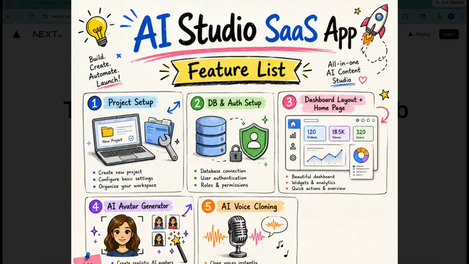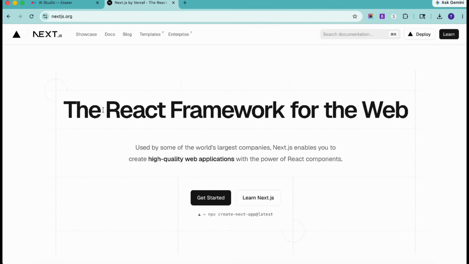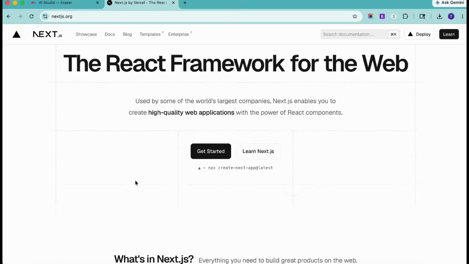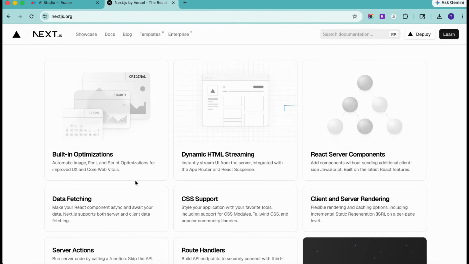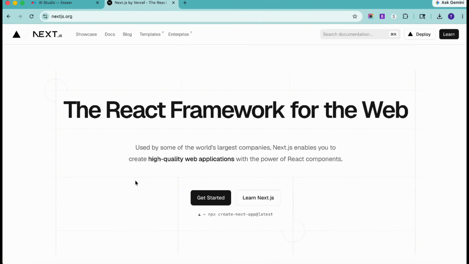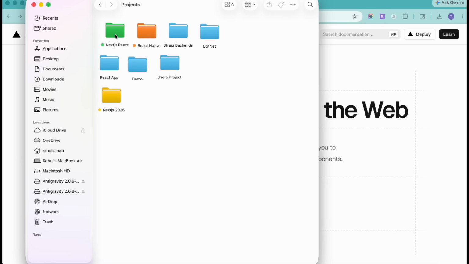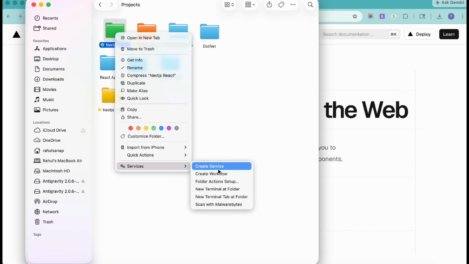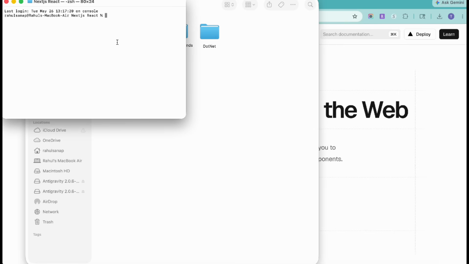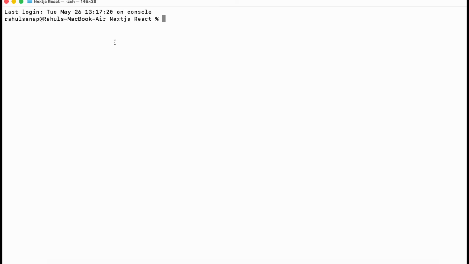So I will go to the Next.js website, and Next.js is the React framework to develop web applications. In many of my videos, we are using Next.js to build our application much faster, and you can implement the front end as well as write your APIs inside the same app, meaning you can implement the backend inside the Next.js app only. So in order to create your application, you just need to copy this command line, which is npx create-next-app@latest. Then open a folder where you want to create a project and open a terminal at that folder. After this, simply paste the command which you copied